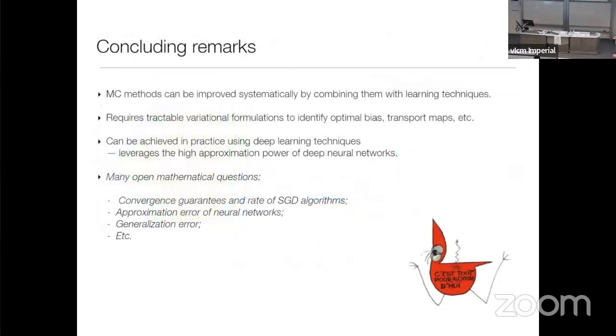Okay. Let me see. Right. I think that this brings me very much to the end of my talk. So what I've tried to explain to you is how tools from machine learning can allow us to revisit certain problems of scientific computing by using the expressive power of neural networks. And that's something which can be done in many, many different areas other than the one that I described here. I just described it in one specific case because it's one that seems to be really tailored for it, which is in the context of Markov chain Monte-Carlo or Monte-Carlo sampling more generally,